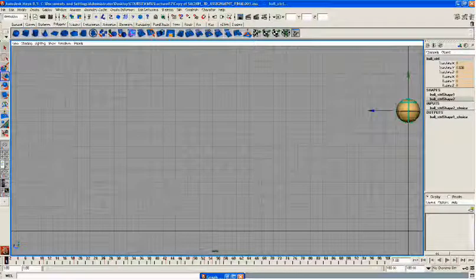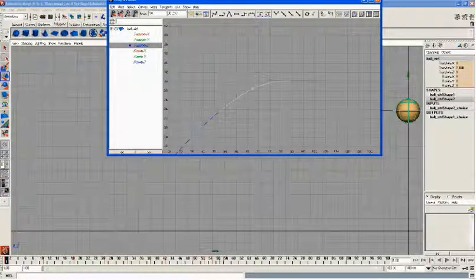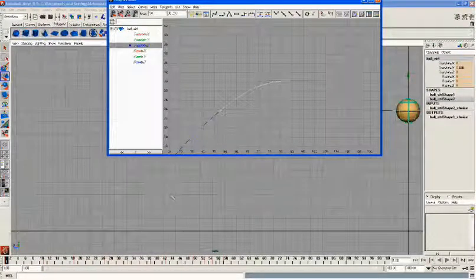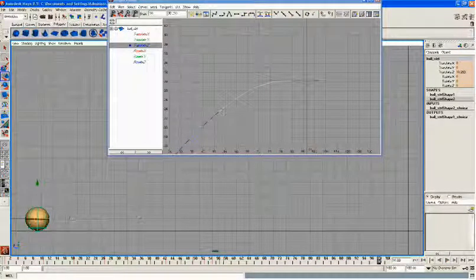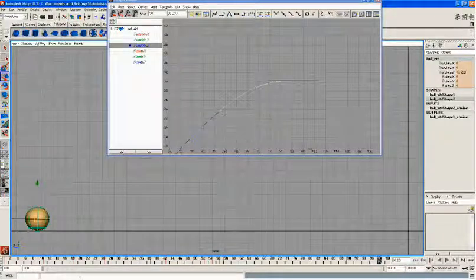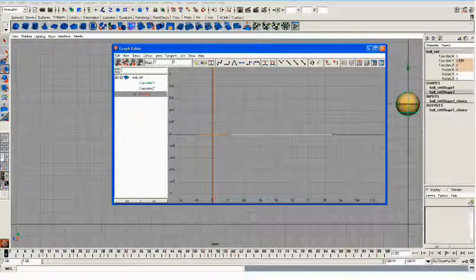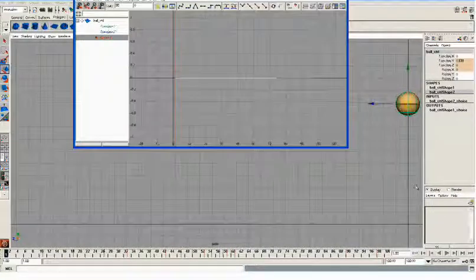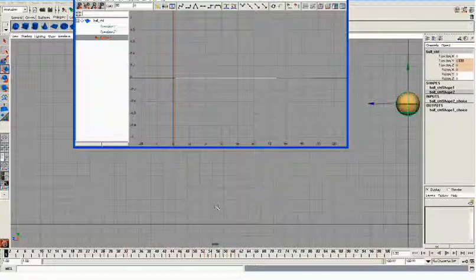Okay, but as we have seen in our video reference, this ball is also rotating, and in the end, if you check it out, it's directly going and stopping, so we need to give a little settle here. So let's start with the rotation. In rotation, if you see, we have the first key and the last key only. First of all we want it to rotate, but according to the movement, the rotation should not look like it's rotating more and moving less. It should match.